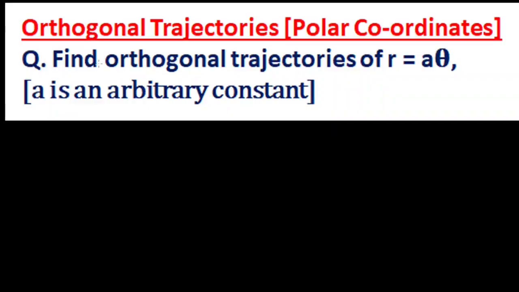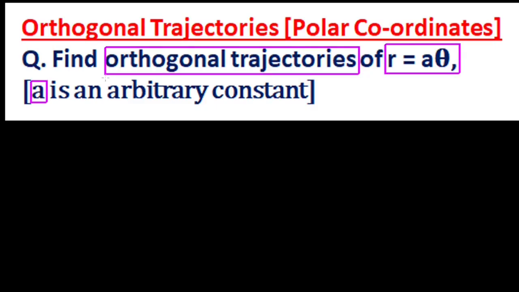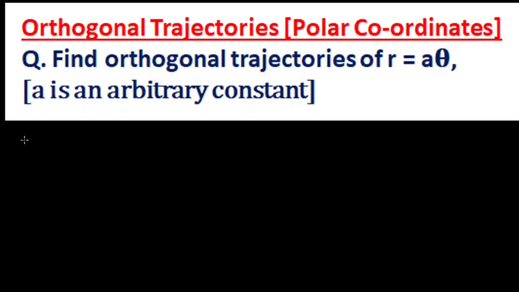In this question, we have to find orthogonal trajectories of the family of curves in the polar form r equals a theta, where a is an arbitrary constant. As usual, we start with finding the derivative of the given polar form. For that, we have to take logs on both sides. So taking logs of r equals a theta, we write ln r equals ln a plus ln theta, and now